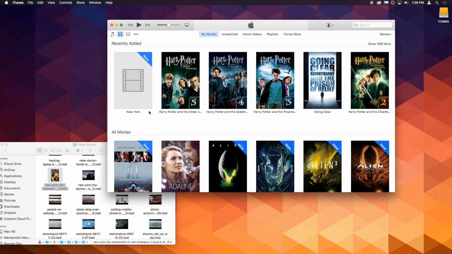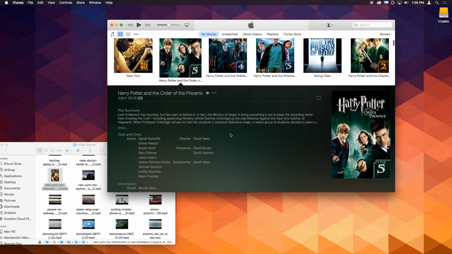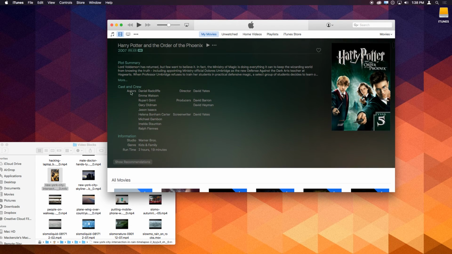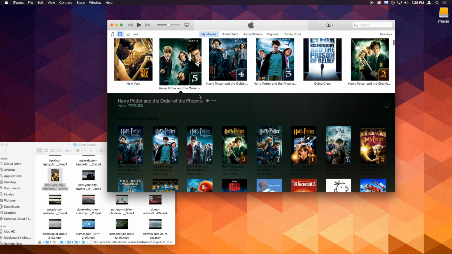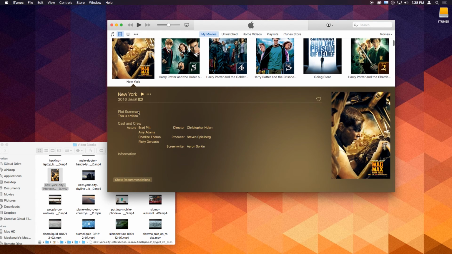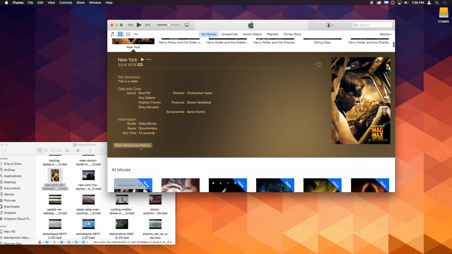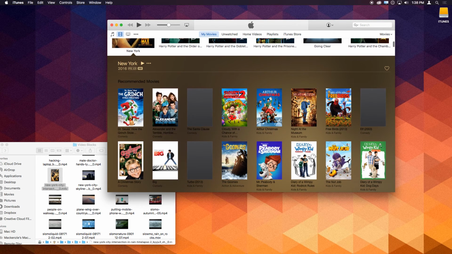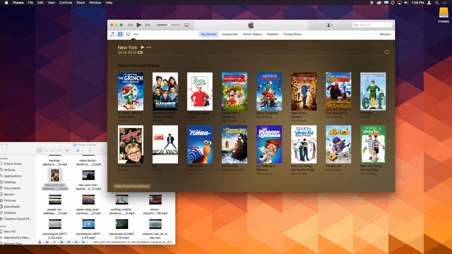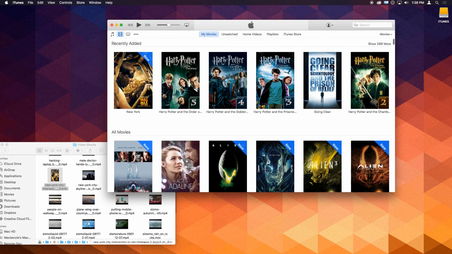So here you can see, here is our movie. If we click on it, we've got all the artwork. And here's a movie that I actually bought in iTunes. You can see here's all the data about the movie. The cast and crew is there. It of course shows us recommendations. It's all set up. And here is our fake movie next to it. Again, blends in perfectly. Show recommendations, probably not going to find anything. Okay, it actually does bring up movies for whatever it is. But here we are. Of course, once we watch this,